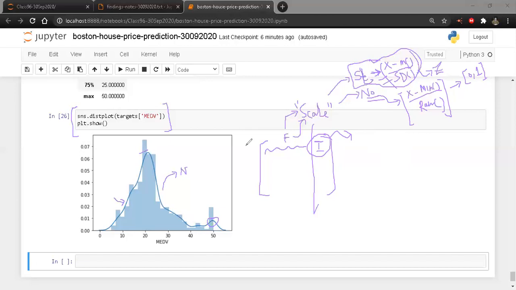Because people are not going to ask me questions about a normalized form of the rent or the price of the house. They are not going to ask me for a standard value or a Z value of the price, right? People in the business, people in the market do not really need to know. If you are creating a product out of this, something like 99 acres type, and you are creating that for people living in the Boston area, where they can simply go to the website, put in these details, and based on that, or maybe these details are fed from a backend system, some data.gov.us system from where you are already feeding this data every day, and you are compiling the model.